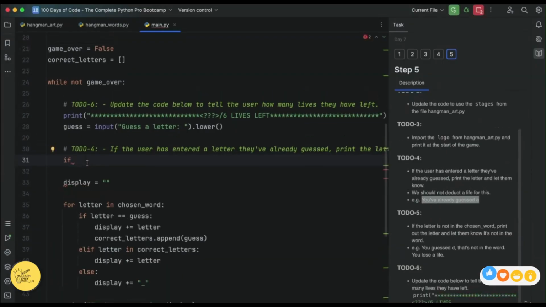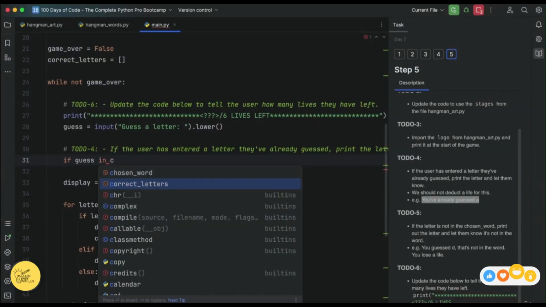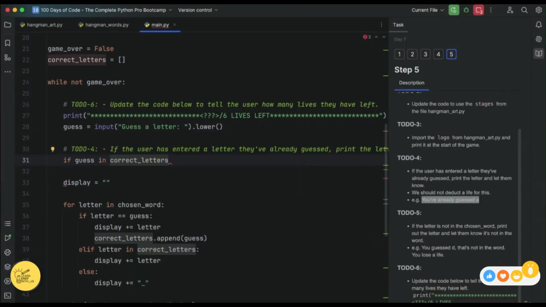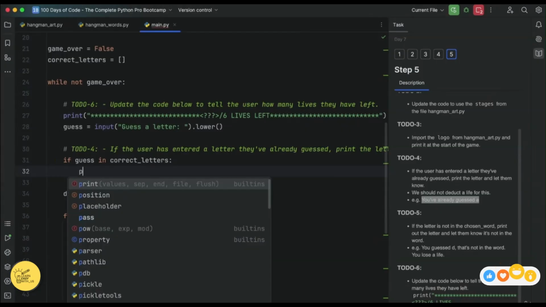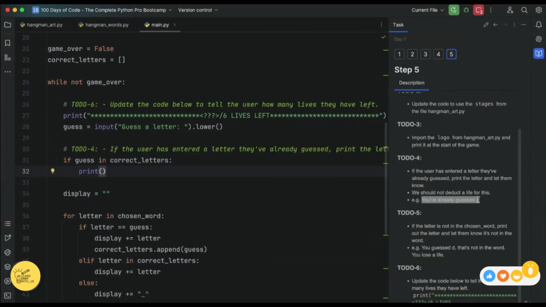So if the guess, the letter that we're guessing right now, is in, so the in keyword, to check if it exists inside the set of correct letters, well, then that means that they previously already guessed that letter. So we need to let them know, print, that they've already guessed that letter. So we can copy this line and paste it in here and use an F string to insert the guess